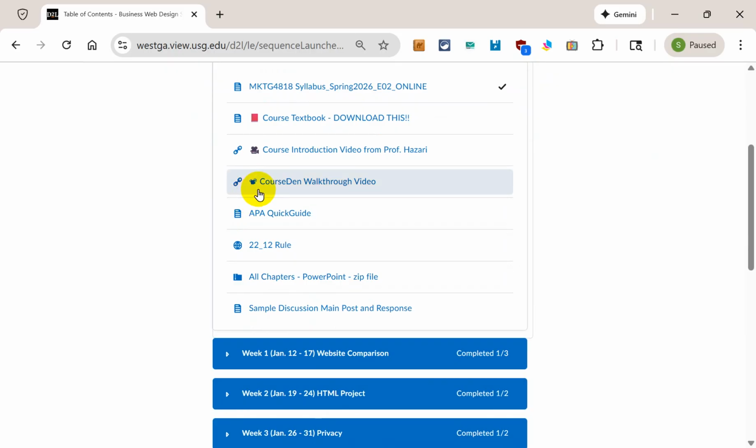The CourseDen walkthrough video is this video that you're watching. This is a research-based course, so you will be looking at research that has been done on web design. And the research will be presented using what is called APA guidelines. And this is a one-page cheat sheet that shows you how journal articles, books, conference papers, industry publications are cited. So go ahead and download this to your laptop, and you can refer to it when doing your main post